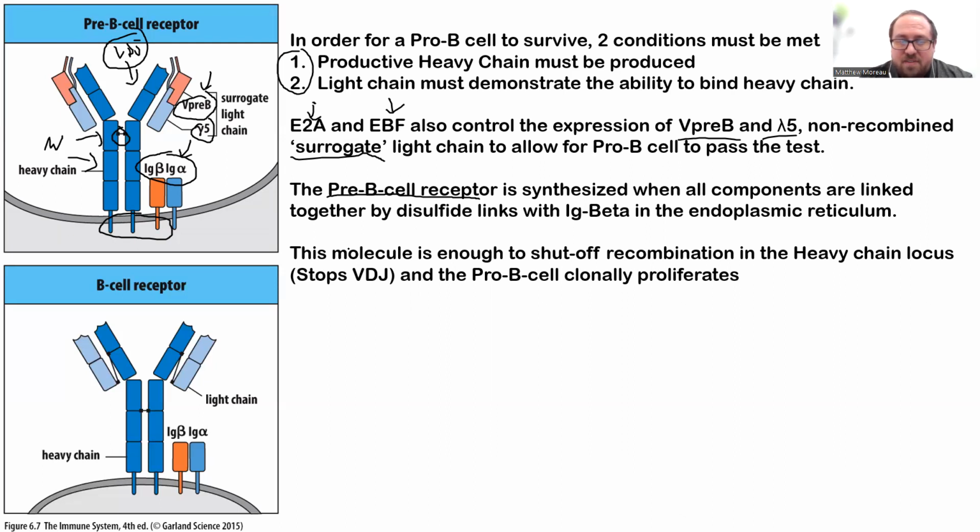So this, if it's productive, and most importantly, if this produces a stable molecule, and again, this is before we're checking for human antigens, this is just looking for stability, being able to signal into the molecule. The items associated with the cytoplasmic domain in relationship to a stabilized pre-B cell receptor actually inhibit VDJ recombination from continuing in the heavy chain locus and allow it to remove the remaining spliced out segments of the VDJ